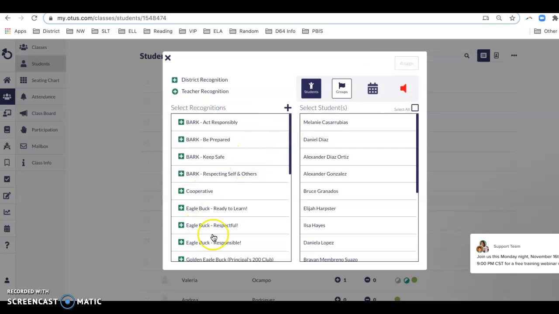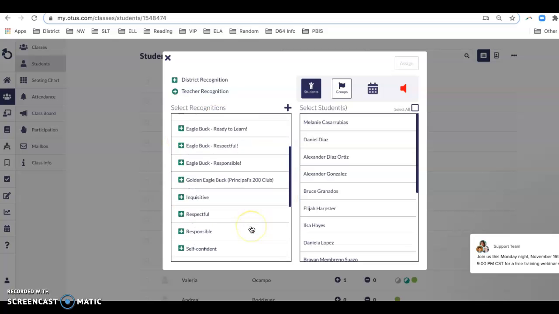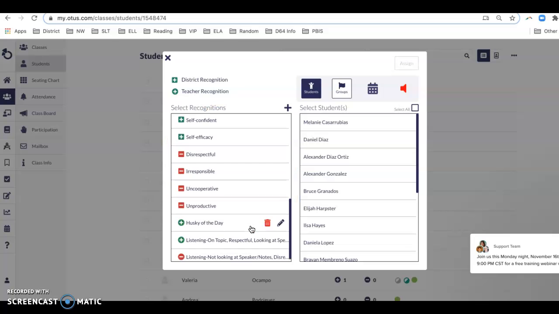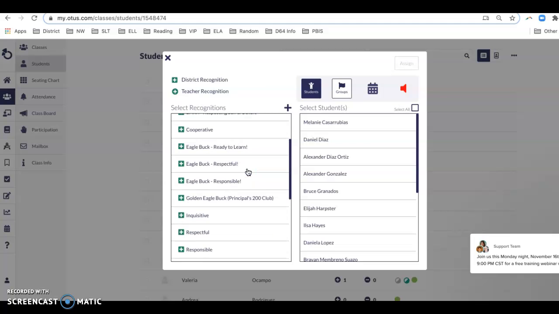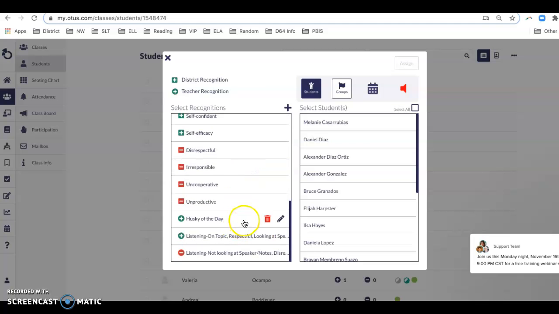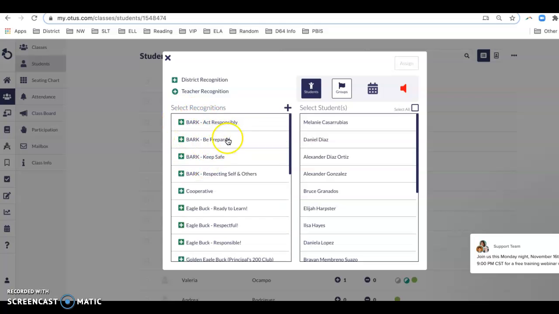Once you do that, you'll see a menu of options here. You can just select whichever one you want to assign. Some of them are school-wide, for example, our BARC expectations here. I have also added my own, which will pop up if you save them. My Husky of the Day, for example. And the circle ones are the teacher recognitions that you can individually input. And the square ones are put in by the district, okay? So you can always add them here with the little plus if you want to create your own for your